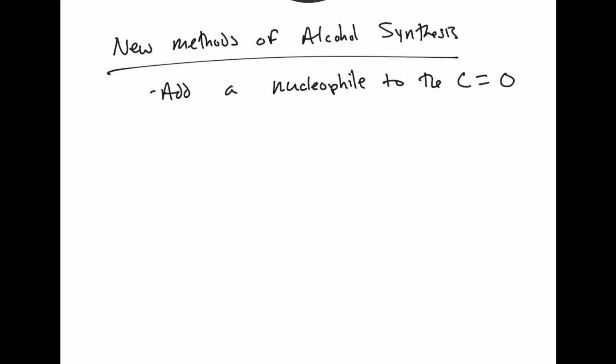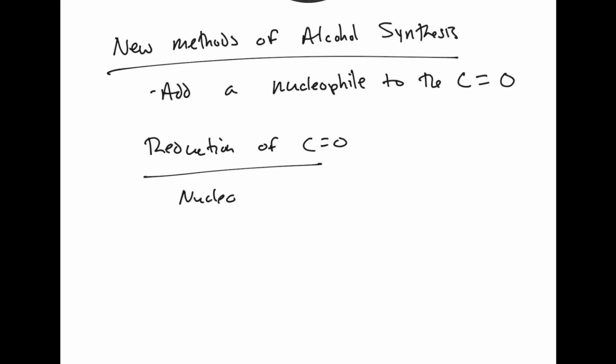And all of them come back to adding a nucleophile to the C double bond O. It depends on what nucleophile you're adding as to what product you get, but they all come back to adding a nucleophile. So the first thing we have is reduction. Your nucleophile is H minus. So our nucleophile for this that we're adding to our C double bond O is H minus. So if you have a ketone and you add sodium borohydride,